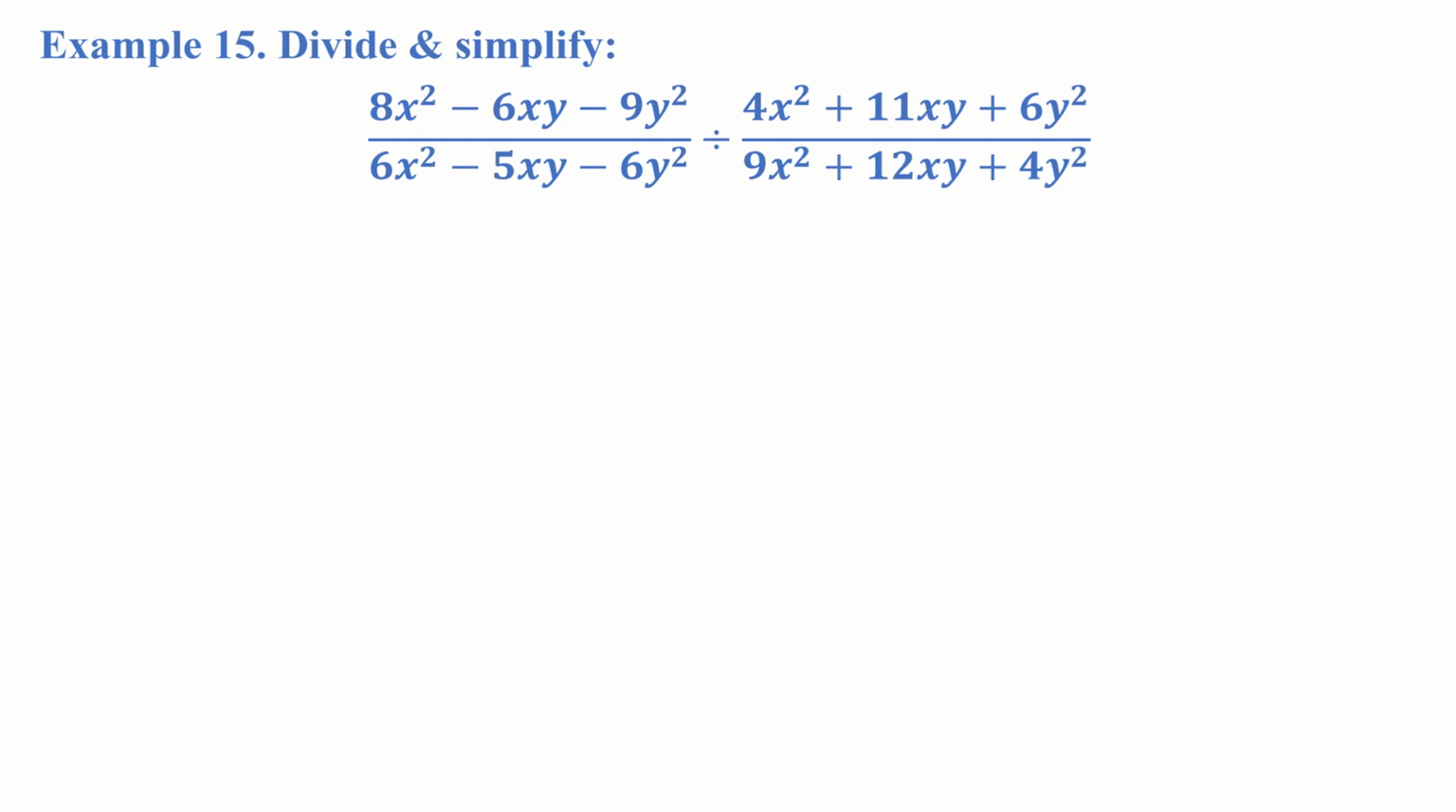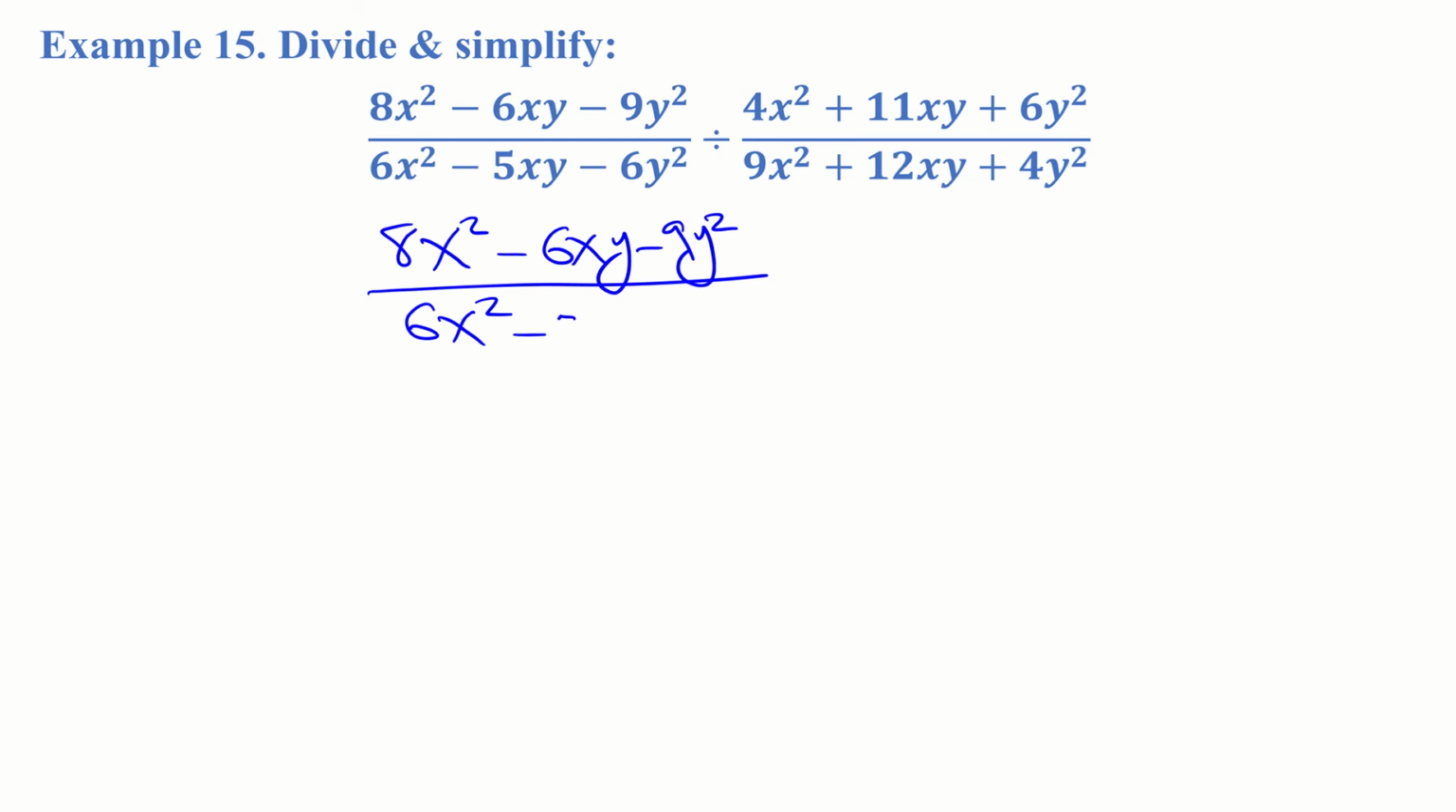One with 2 variables, same business, but remember, we're not going to do anything until we've turned the problem into a multiplication problem. Go ahead and try it. It's your last one for the day on this video, so make sure you can do it. 8x squared minus 6xy minus y squared over 6x squared minus 5xy minus 6y squared times we're going to move this to the top,